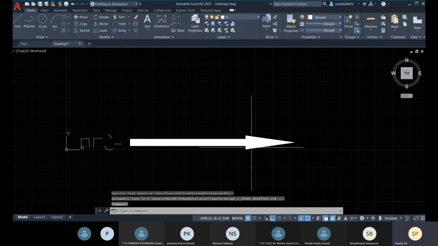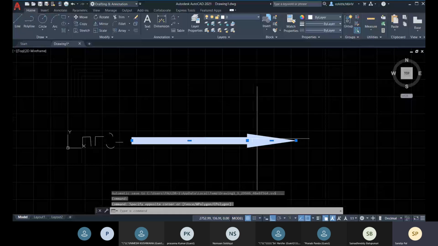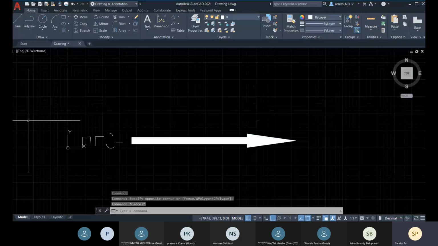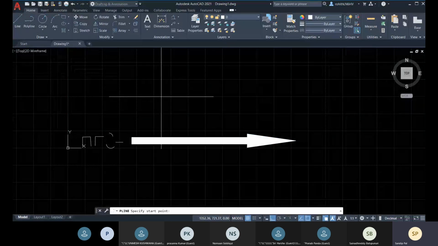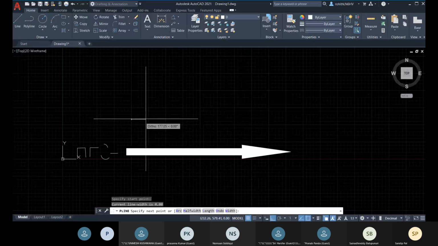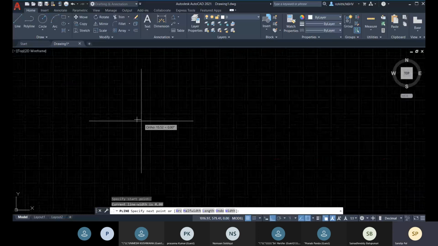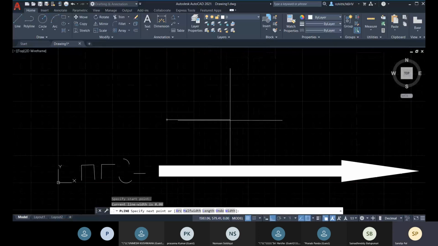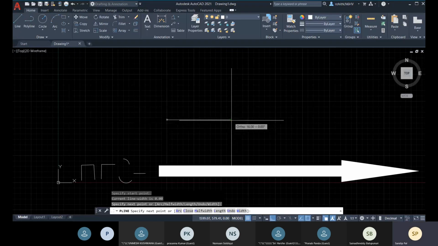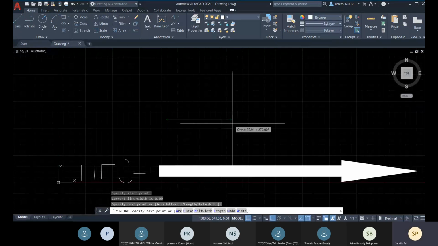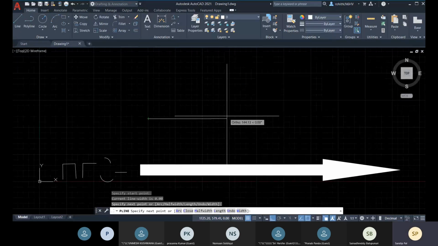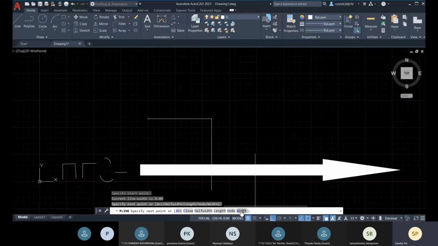Okay, so this is right now a single element. With this polyline, I have simply drawn a start point, and so this is the segment. This is the first point and this is the end point. And for the arrowhead, I'll go for width or half width, any of these.